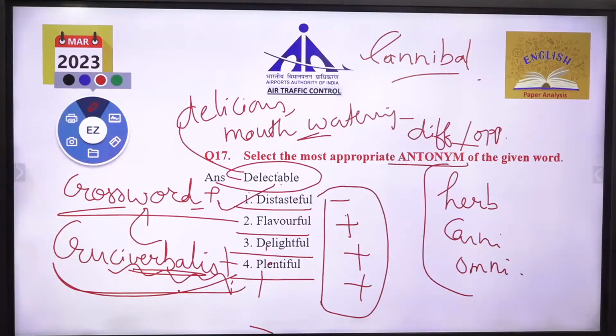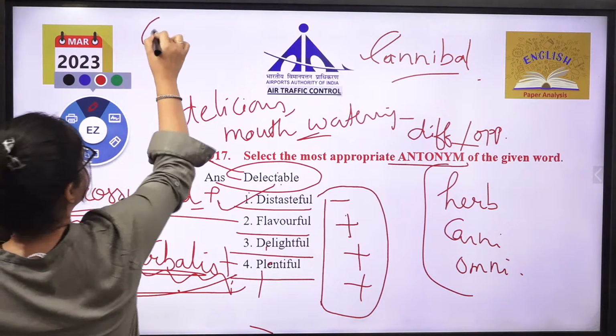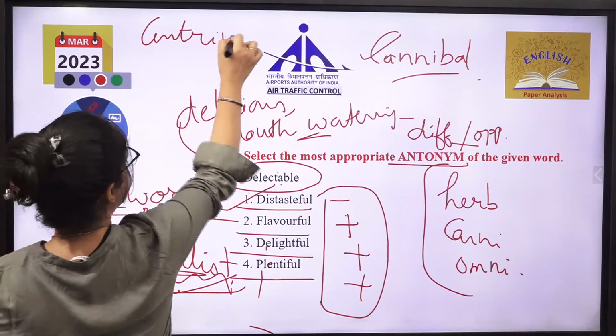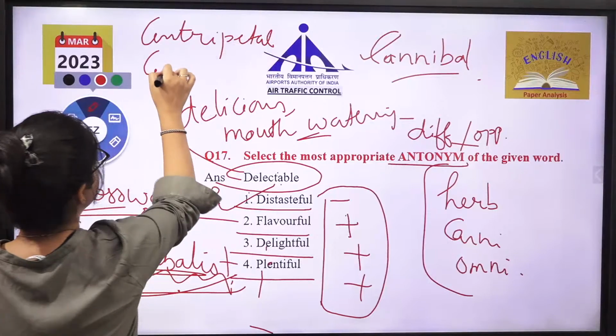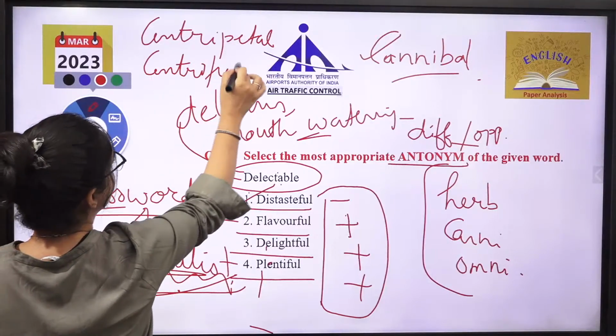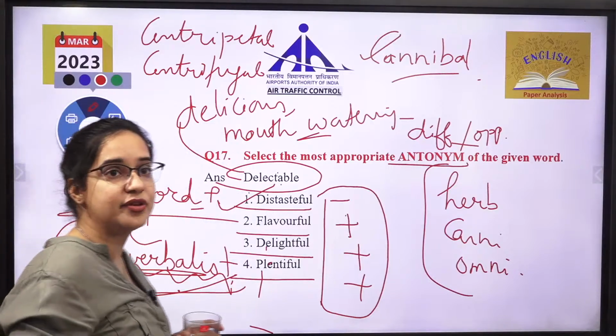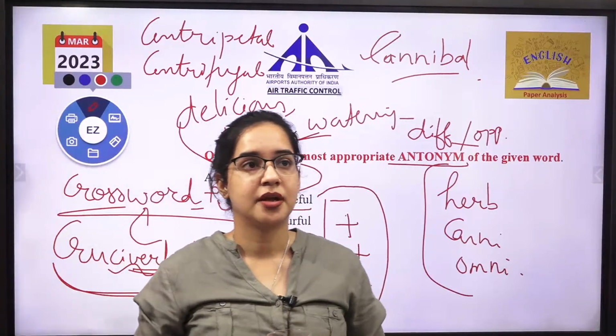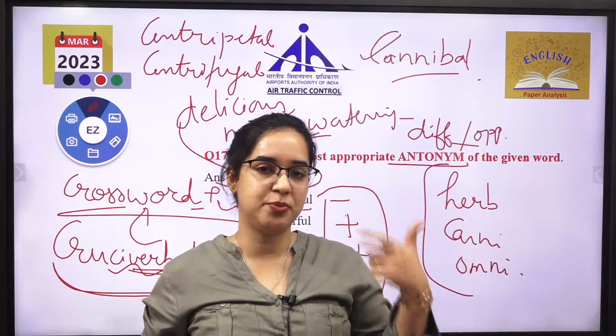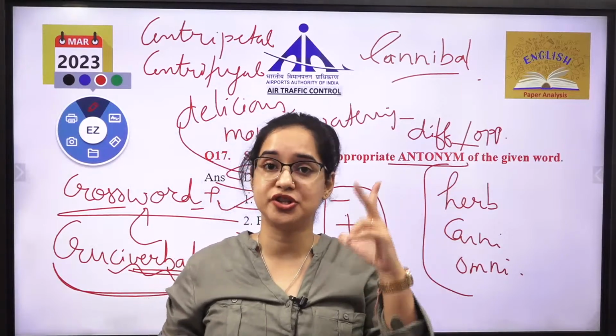Let's go for one more easy word. I'm going to find an easy word for you. Let me ask you a very easy difference. What is the difference between centripetal and centrifugal? ये convergent और divergent से मिलता है. क्या आएगा difference? Tell me, what is the difference between centripetal, centrifugal? What is the difference between convergent, divergent?